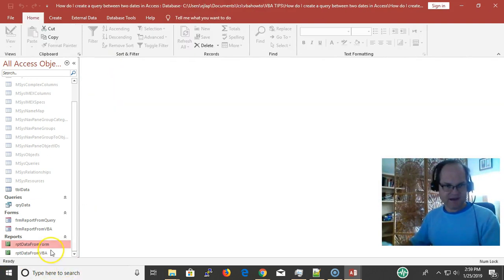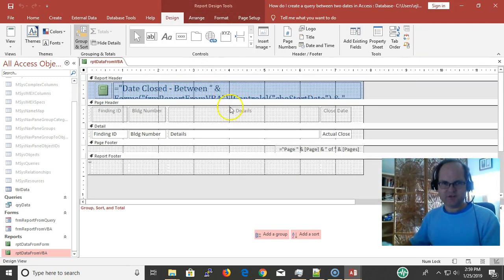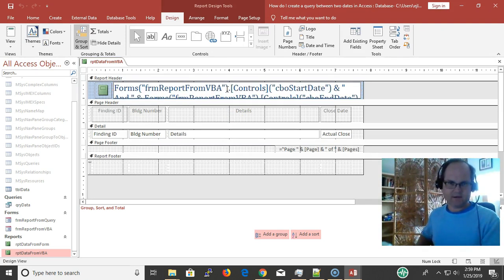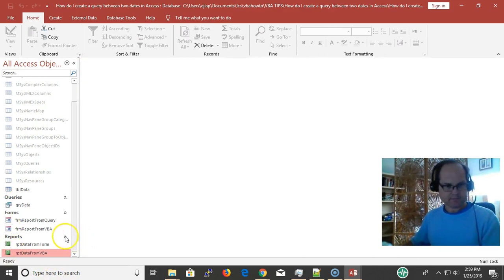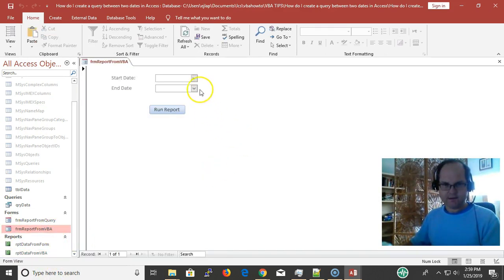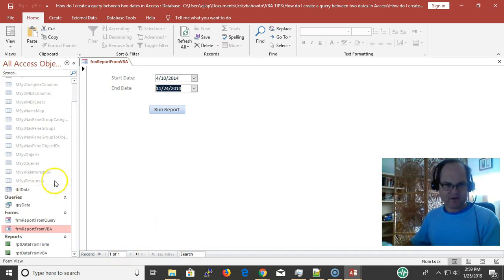If I do it from VBA, I'm doing the same thing. I think it's a little bit easier, but you may debate that. It's changing the form, but it's basically the same thing. And then in the form VBA, instead of using a query, I'm just sending it text, so I don't have the added weight of having a query involved with this. If I use VBA,